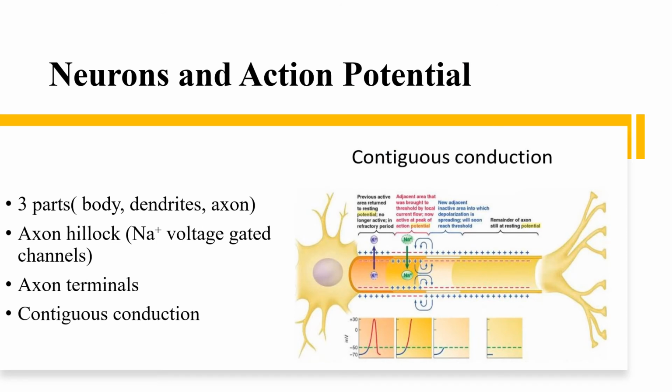Now, when we know more about membrane potentials and all the channels involved in its changes, we can talk about the specific mechanism of neuronal communication. But before, I need to define the main parts of the neuronal cell. Those are the cell body, the dendrites, and the axon. Dendrites are shorter extensions that receive impulses from the other neurons, and the axon is the longer extension of the neuronal cell,